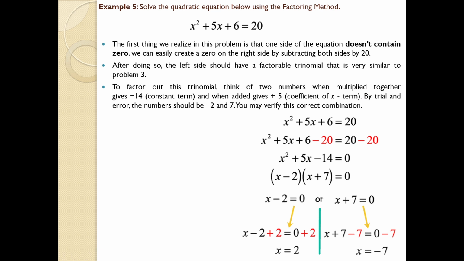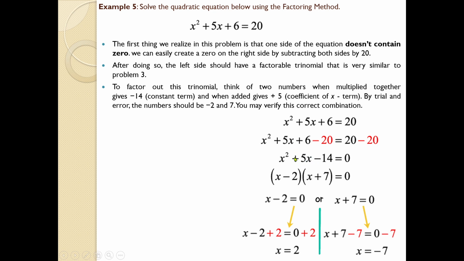So x square plus 5x plus 6 equal to 20. If you shift this 20 to the left hand side, it will become x square plus 5x minus 14. Now remember, I have mentioned that it is a typical quadratic equation. If you are using the factoring method, you have to follow the conditions. That is, one condition is that you have to assume two numbers so that their product must be this one, and if you take the sum of those two assumed numbers, you have to get this one.